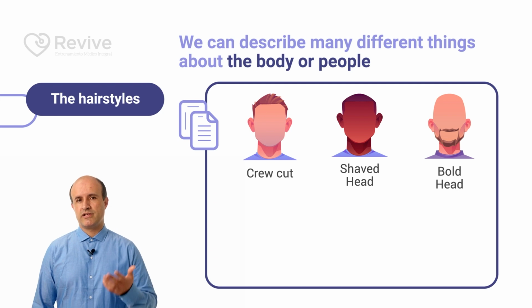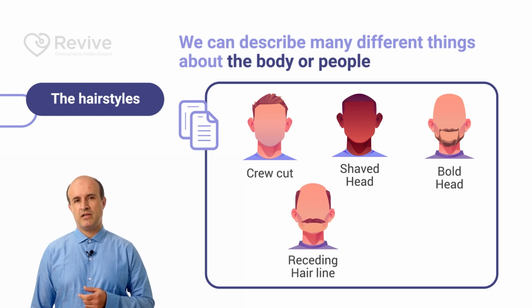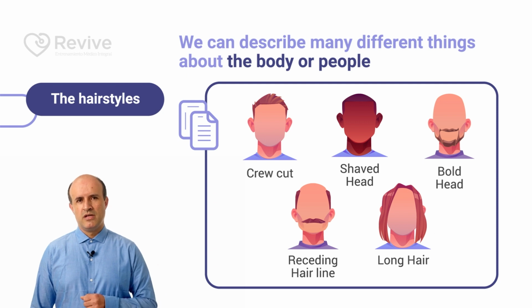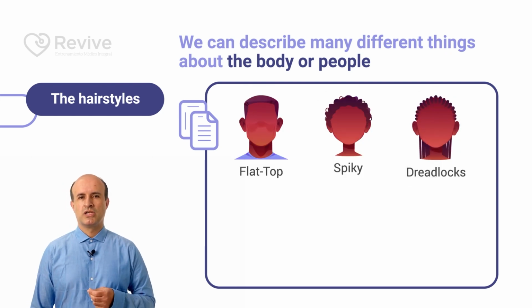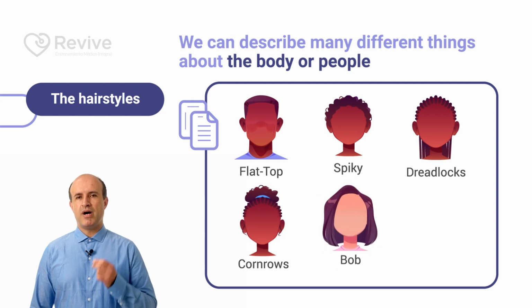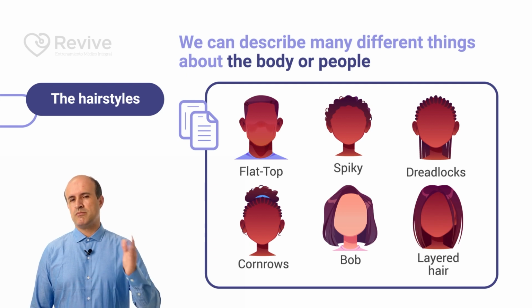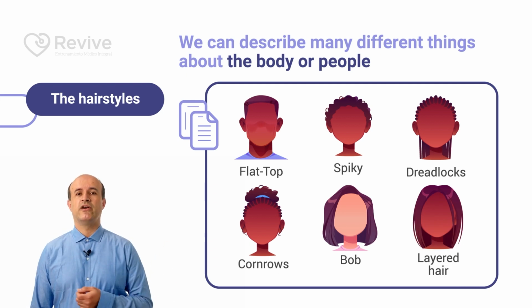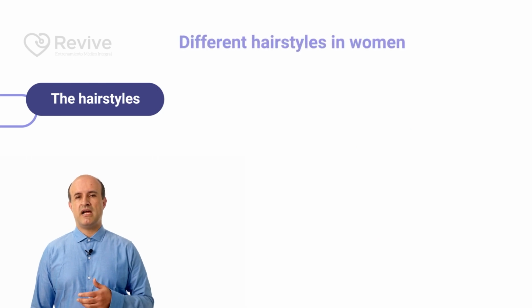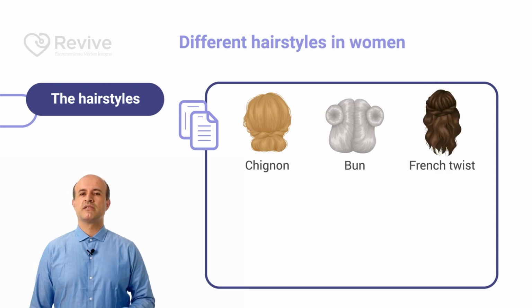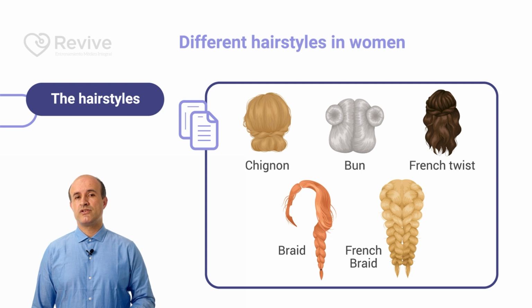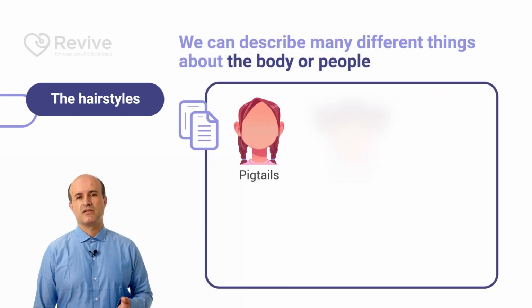Our next styles are receding hairline and long hair. And then we will have styles for men and women, such as the flat top, spiky, the dreadlocks, the comb brows, the bob with straight hair, the layered hair that normally is medium length, talking about the extension of the hair. Then we will have hairstyles such as the chignon, the bun, French twist, a braid, the French braid, pigtails, the bunches,